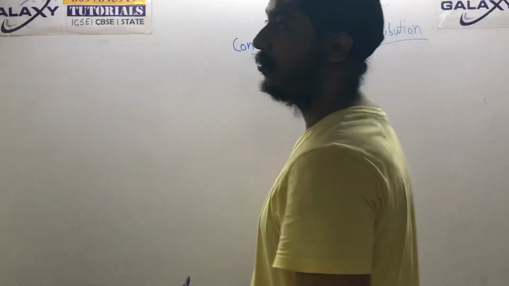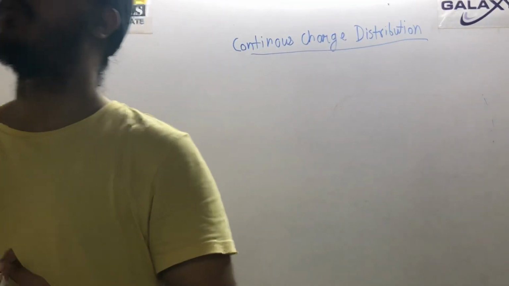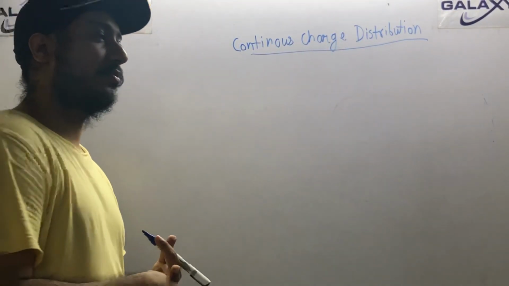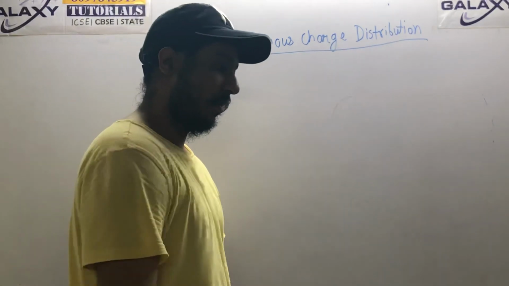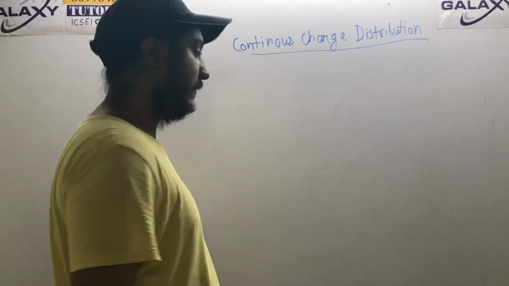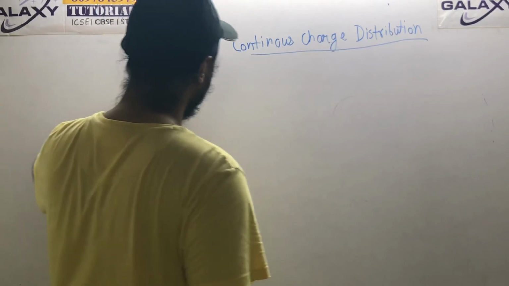Next topic is continuous charge distribution. So what does it mean by continuous charge distribution? It's a very simple principle. What this principle says is that if along a surface,